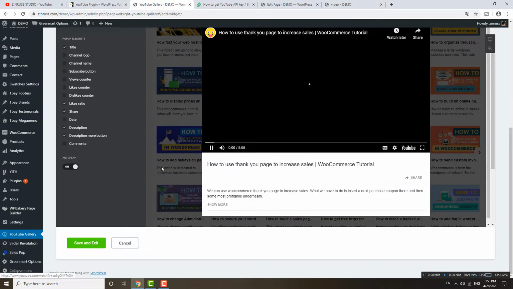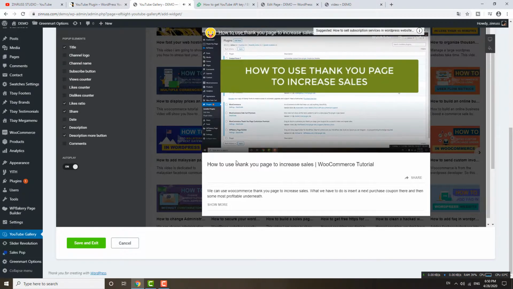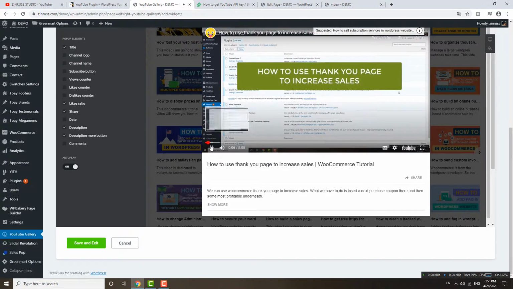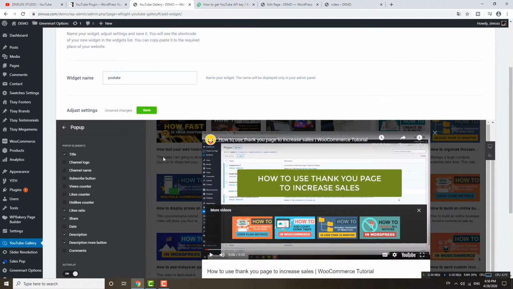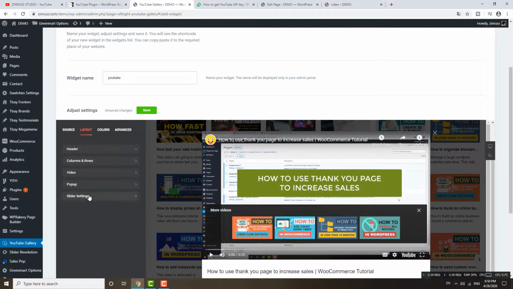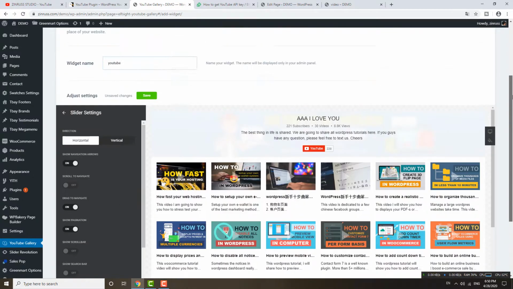Just now all the like counter and view counter are already gone. I only leave the title, the description and the share button here, so you can play around with all those functions. This one is for the pop-up, and then for the slider,